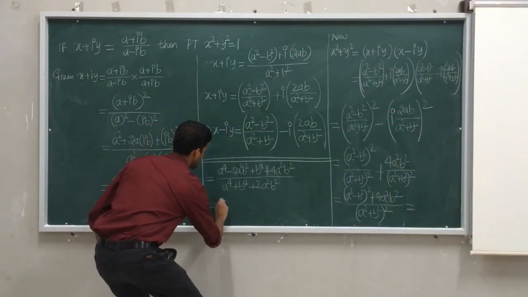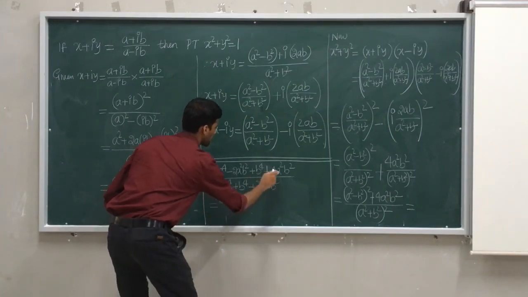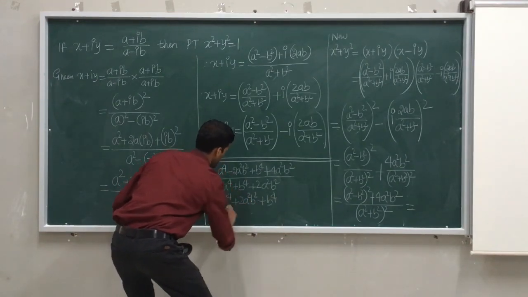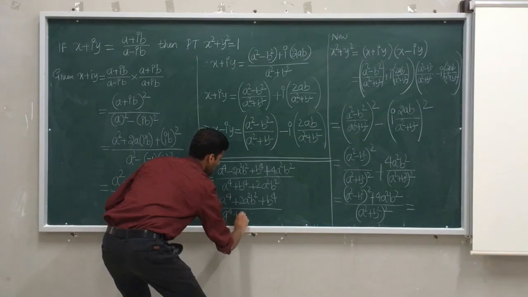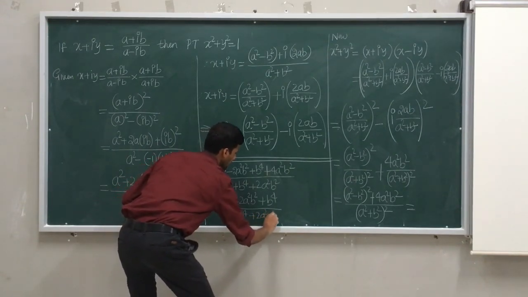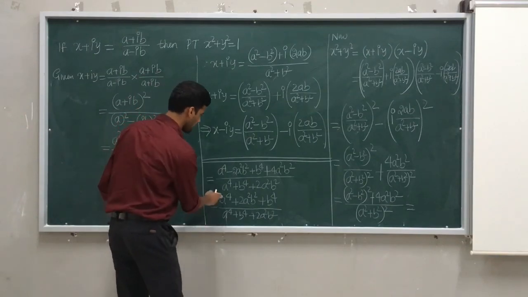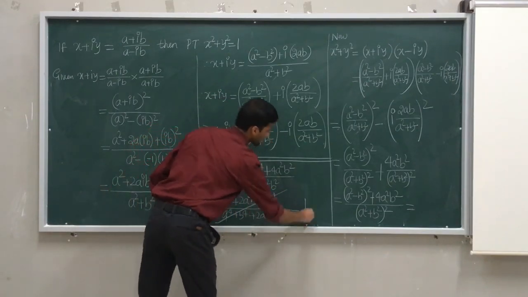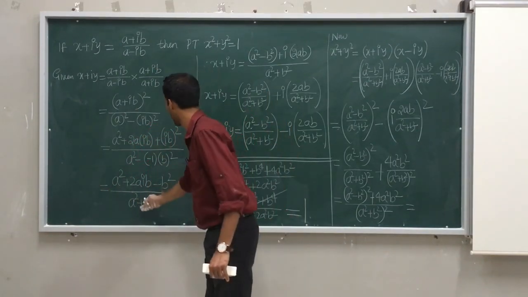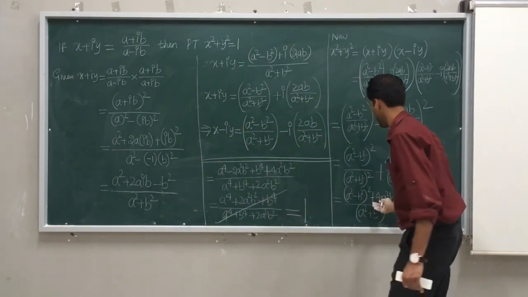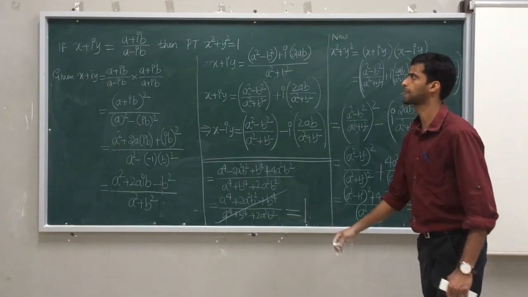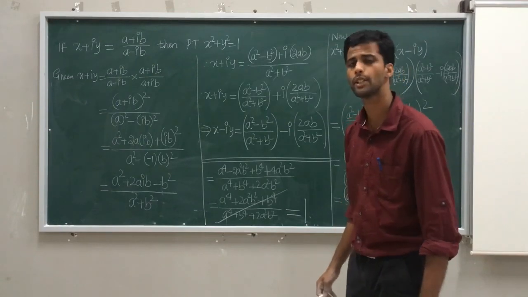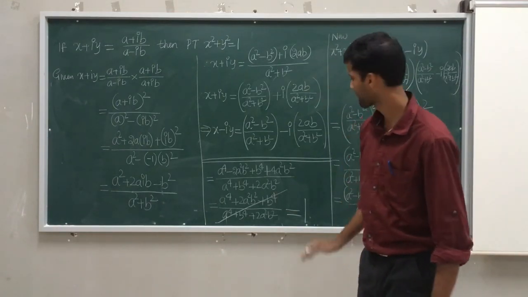So what will happen in the numerator? It is a raised to 4 minus 2a square b square plus 4a square b square. It becomes 2a square b square, plus b raised to 4, upon a raised to 4 plus b raised to 4 plus 2a square b square. If you check the numerator as well as the denominator, a raised to 4, a raised to 4, b raised to 4, b raised to 4, 2a square b square, 2a square b square, all are the same. The answer is plus 1. Therefore, I started here, I got this step, I brought it here, then I ended. So with this I got to know that if x plus iy is a plus ib divided by a minus ib, then x square plus y square, by considering x plus iy into x minus iy, we got the answer as plus 1. So that's the conclusion.